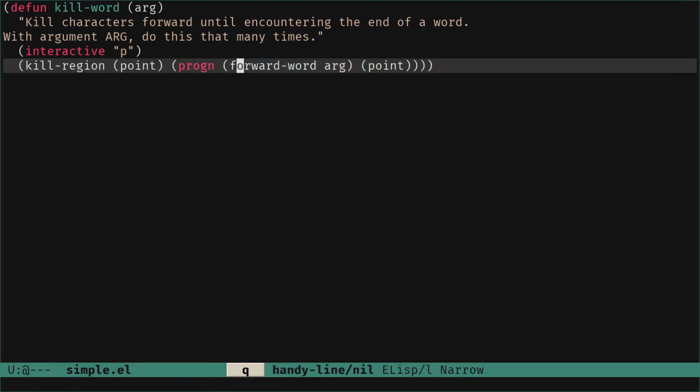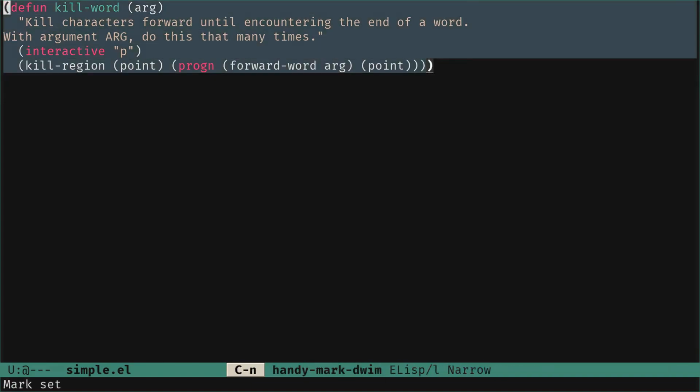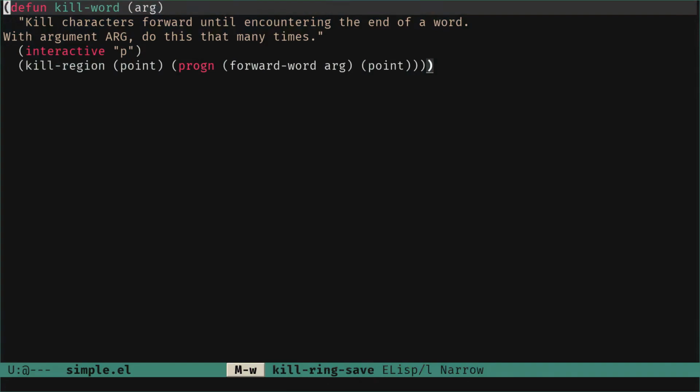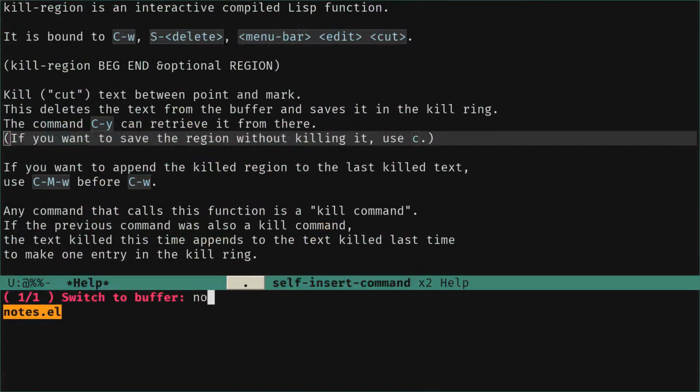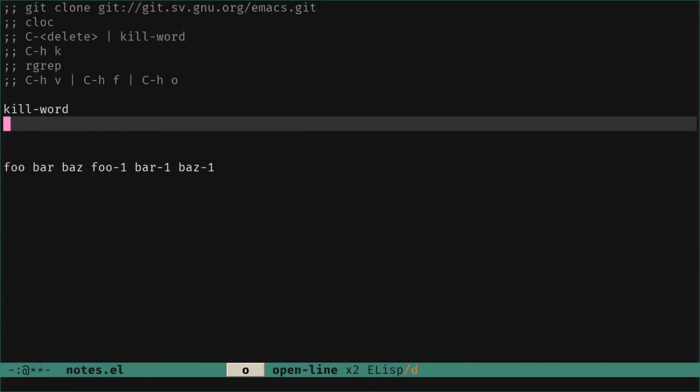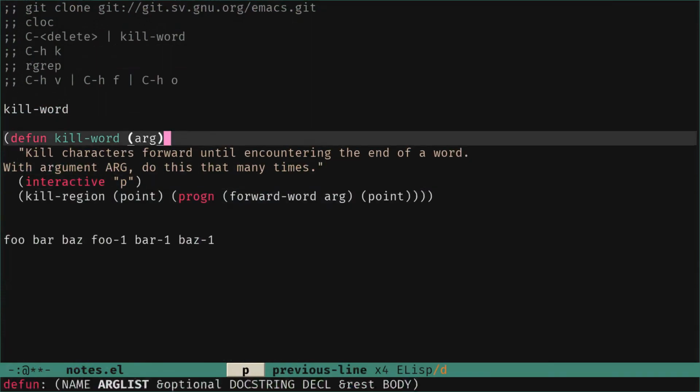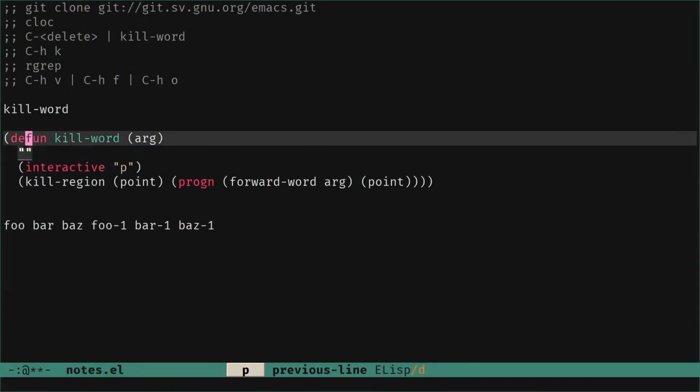So here is how we can read the code, and maybe if we want to extend it, we are not going to. I just copy everything. I don't have to understand everything I'm doing there. So let's go back to our note. Take that function. I will just change. We remove the description here because we are going to change it. Let's say I call it underscore kill words. So this function doesn't exist.